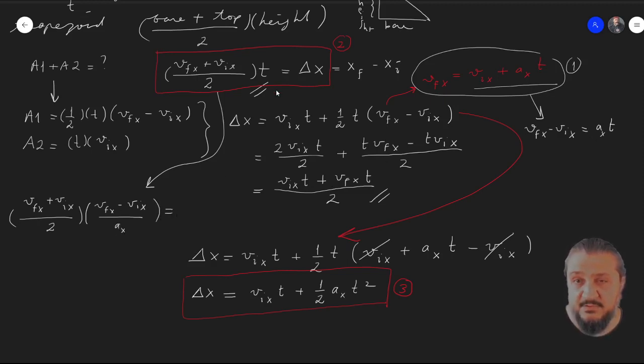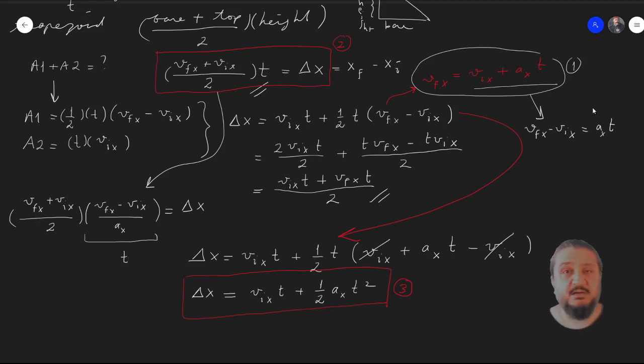That's going to give you delta x, okay? So I took equation number 2. Instead of t, I just wrote this. This is equal to t from equation number 1. Good, I got rid of t. Let me simplify